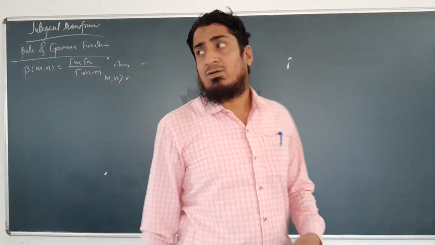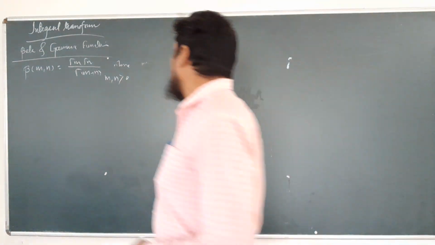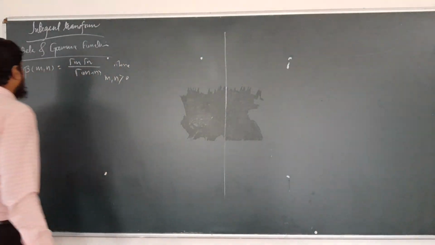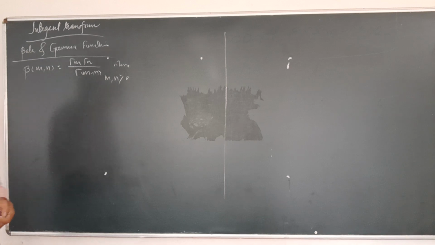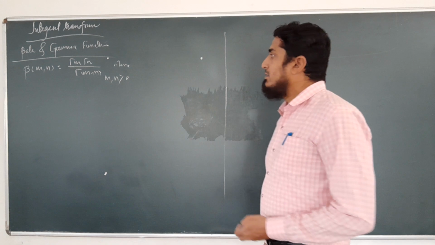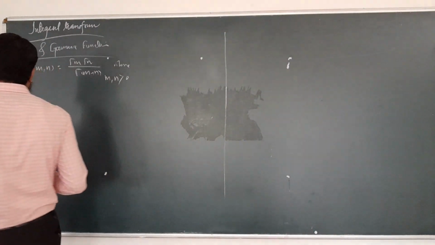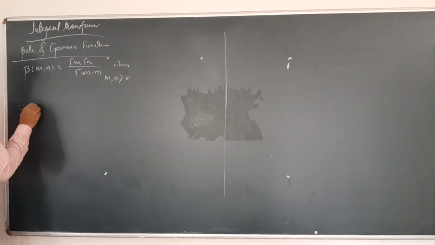We have seen one method to prove this theorem and relation. Now in this lecture we will see one more method to prove this equation. Since we know that beta of m, n